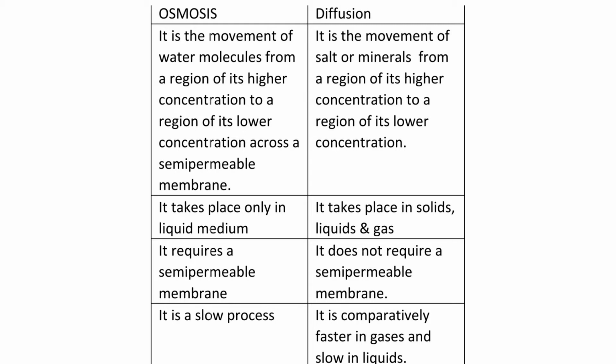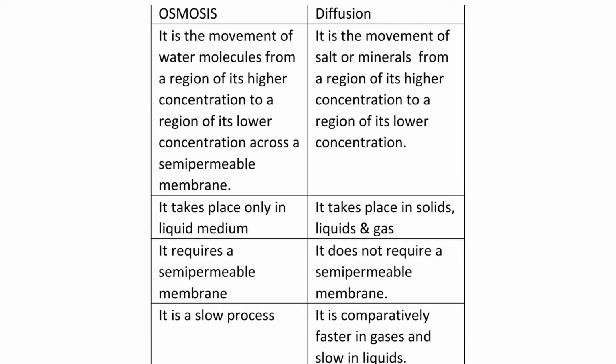Diffusion can take place in solids because if two solids are kept in close contact, the atoms can diffuse from one place to another and it is a very slow process. Solids can diffuse into gas, like we have the example of smoke and automobile dust. Liquids can diffuse into gas, which can be seen in cloud formation and fog. Likewise, diffusion of gas into liquid and gas into solid also can take place. So this is to say that diffusion takes place in any medium, whereas osmosis takes place only in liquid medium.